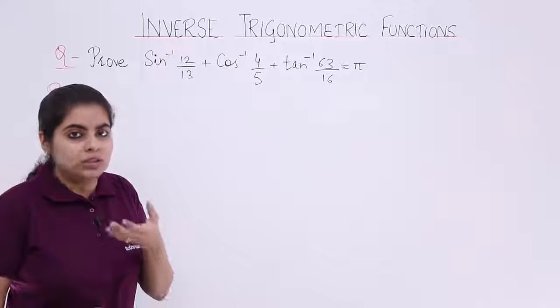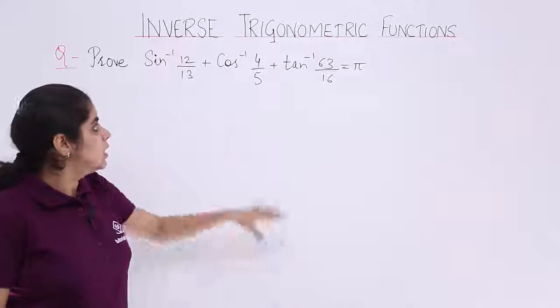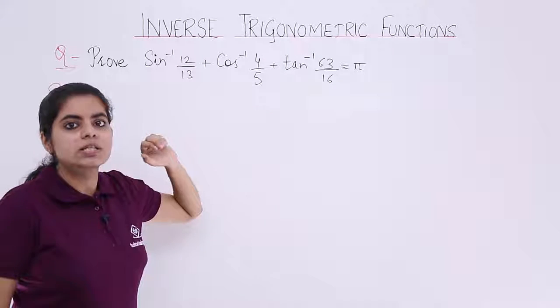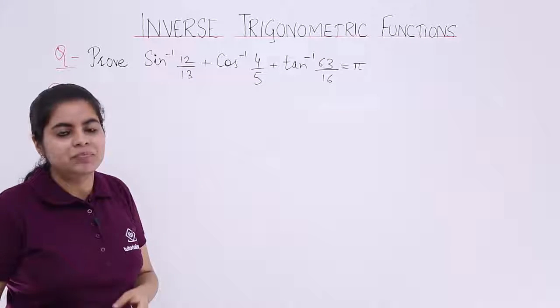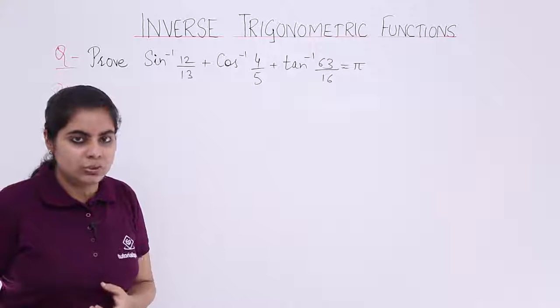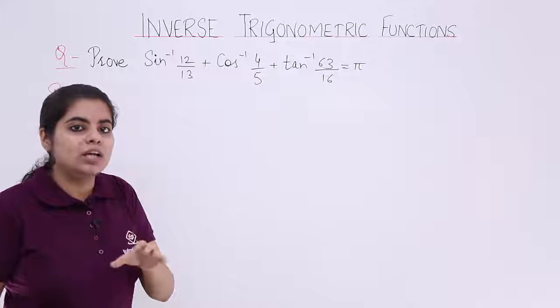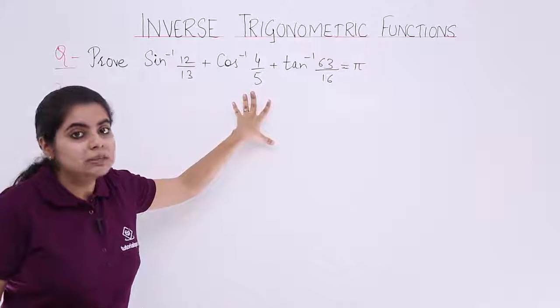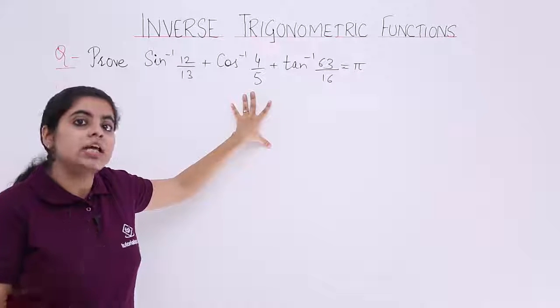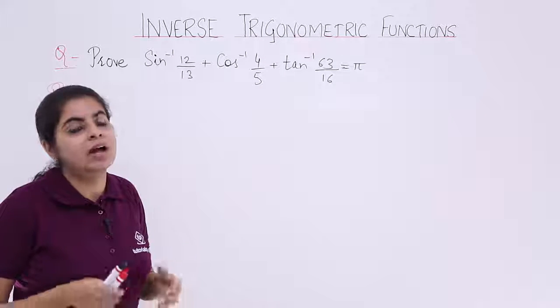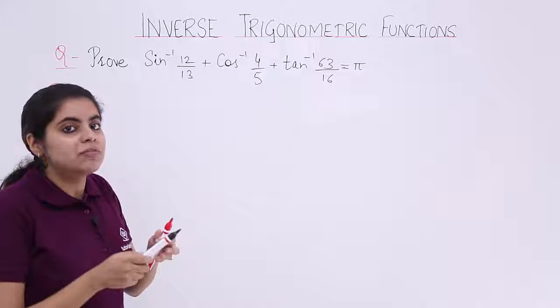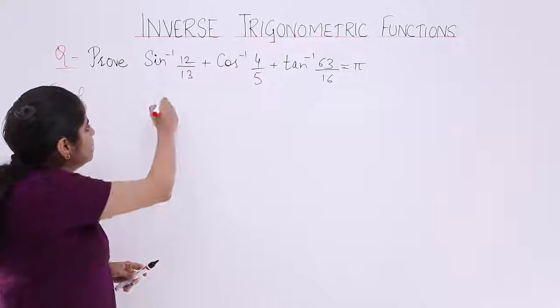But do we know the treatment or the formulas for sine inverse, cos inverse? No, not exactly. So what we will be doing in this question is, we will be converting all the other terms other than tan inverse into tan inverse only. How? Let's see that. We will be drawing a right angle triangle,